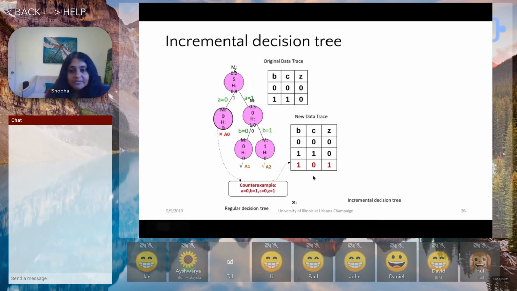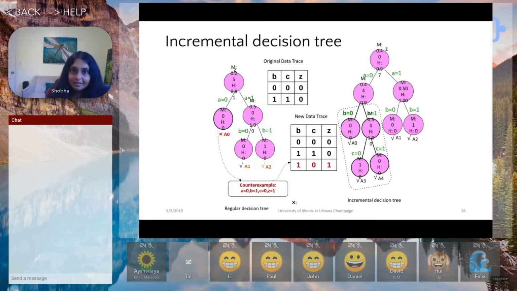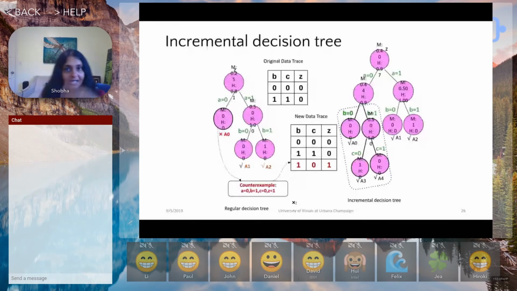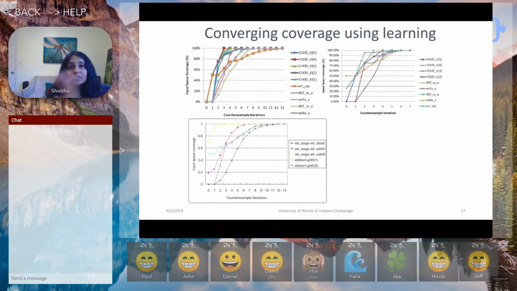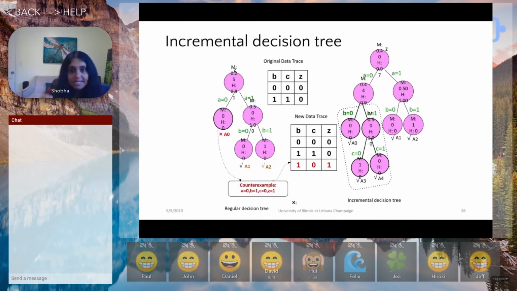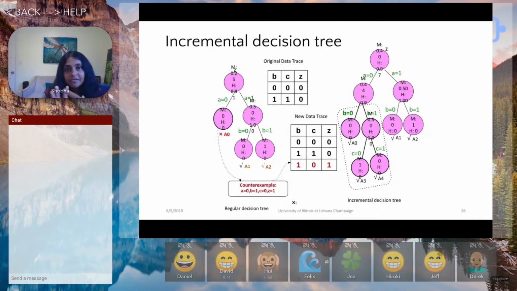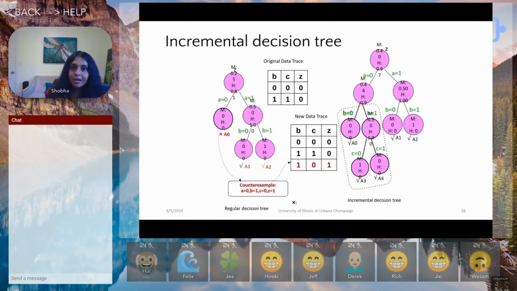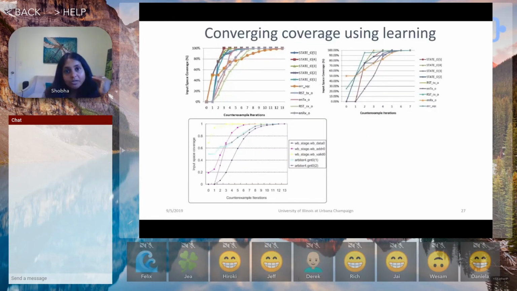And what happened in that process is that for every such counterexample that the formal engine generated, we started to append that and generate incremental decision trees. And here is where we observed that it's really fast to converge, starting from completely random data with just a few counterexamples from formal, a little bit of feedback, a few iterations. It was possible to converge to the entire functionality of a given output. So in this case, like output Z, within 2 or 3 iterations, even for outputs in moderate size designs, we would see that the convergence was really quick, and the final decision tree was actually functionally equivalent to a BDD, and we proved that in the paper. But the point here is that it's possible to converge very quickly to the complete functionality of that output